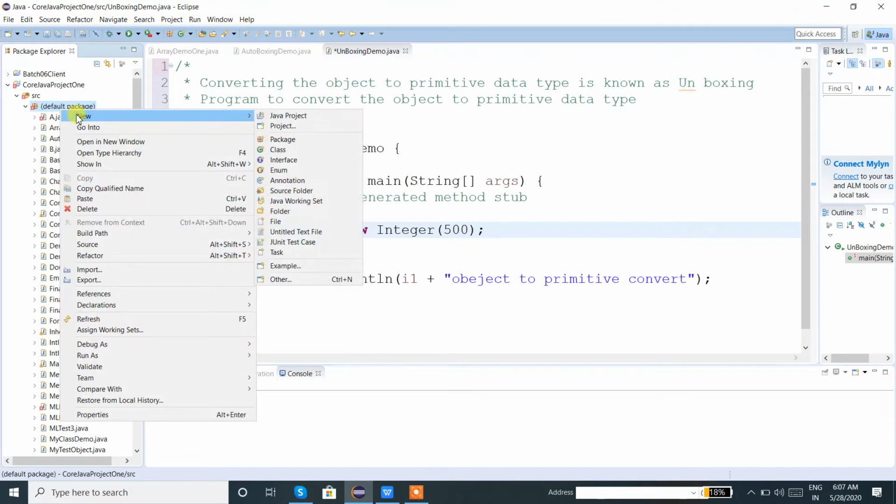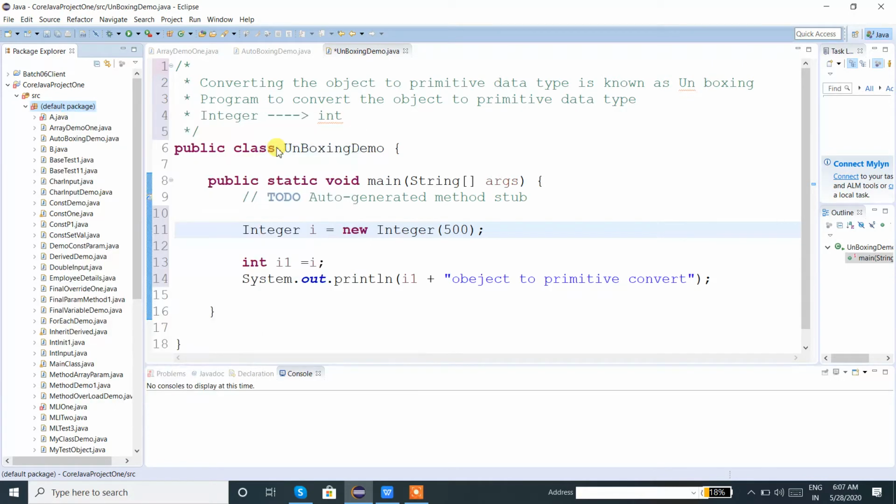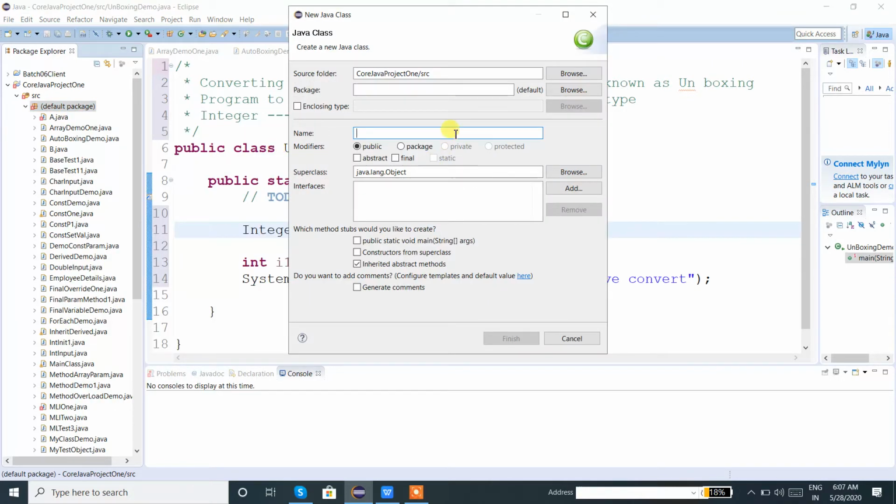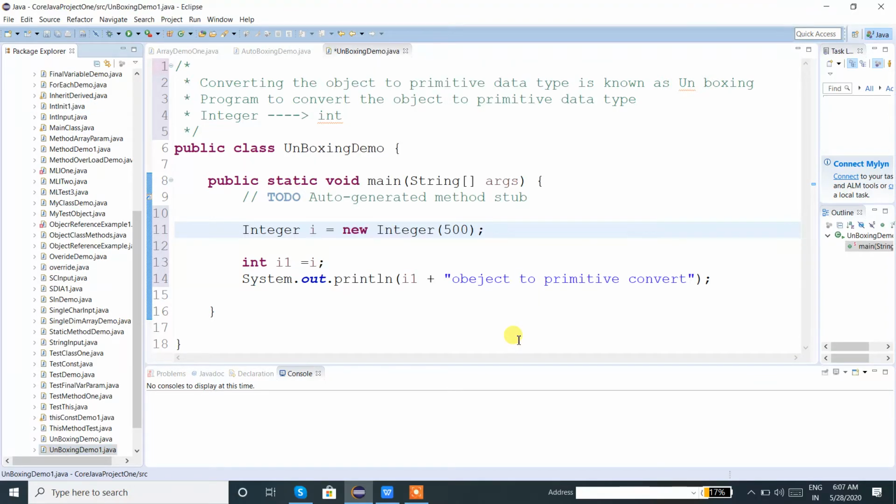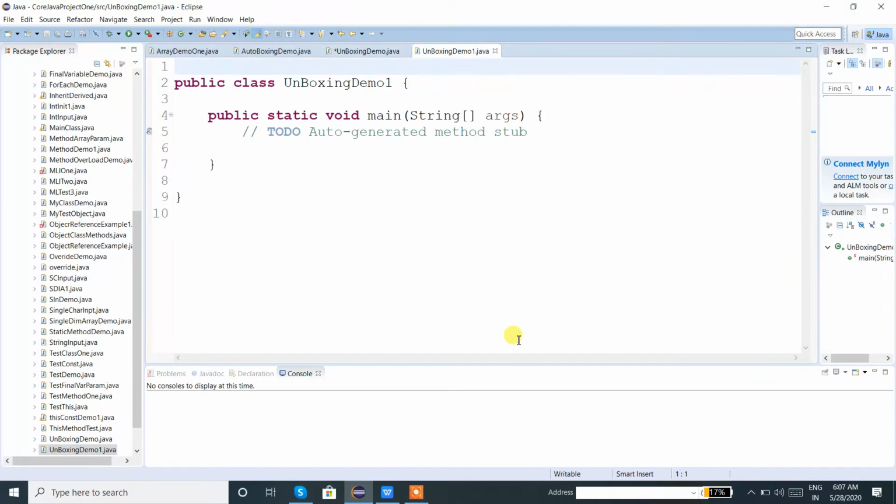Let me create a new package and a new class. Let's say the class name is UnboxingDemo1. It's a main class. The job of the code is to convert the wrapper class object to its respective primitive data type.